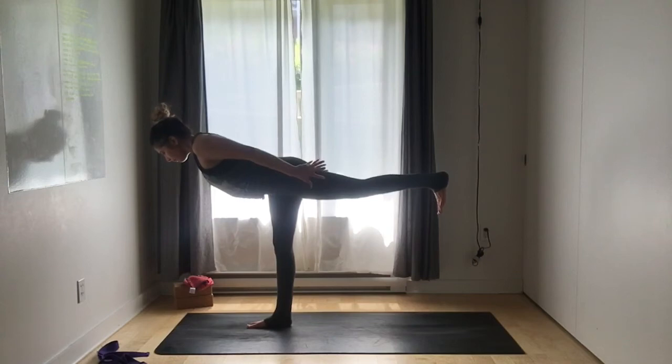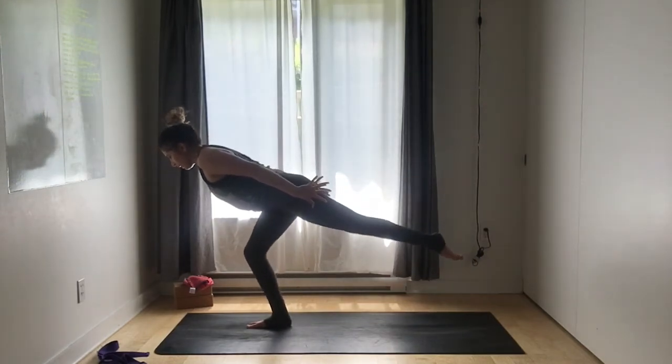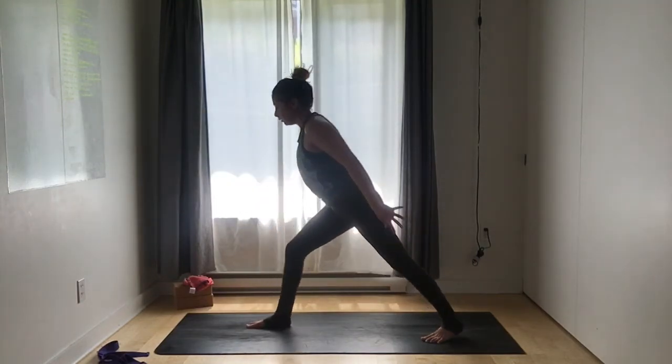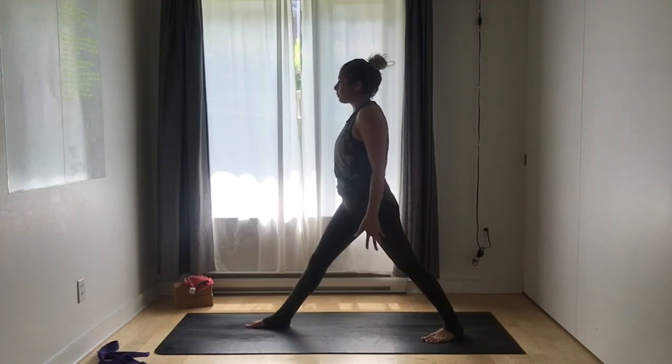Breathe in, extend your right leg, breathe out, bend the right knee one more time, and then softly land your left foot behind you, spin the left heel down, pyramid stance. Now, two options here. You bring your palms